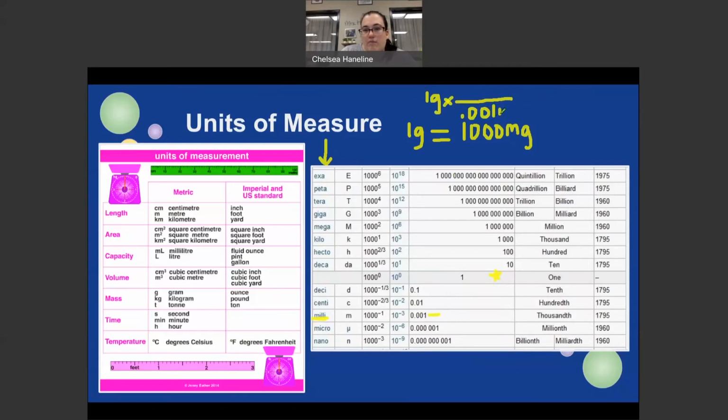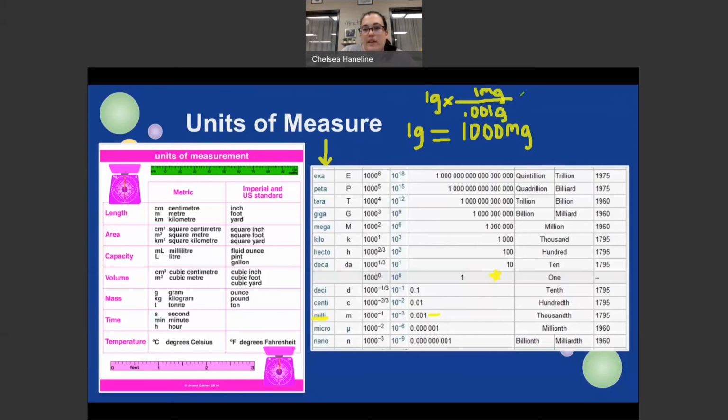I'm sorry, I did that on the wrong side. Hold on. Let's do this again. There are 0.001 grams in